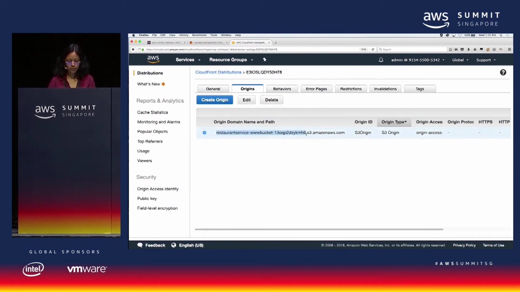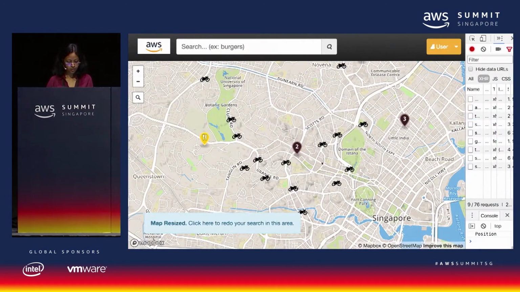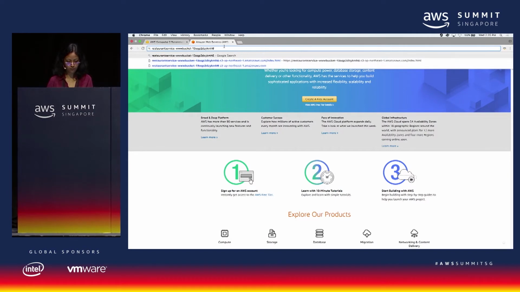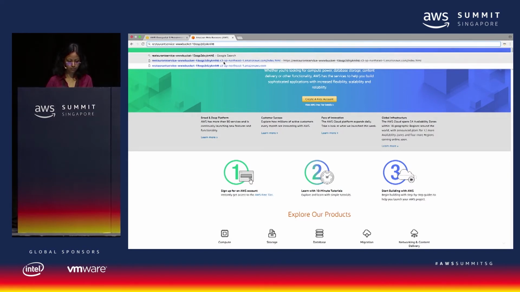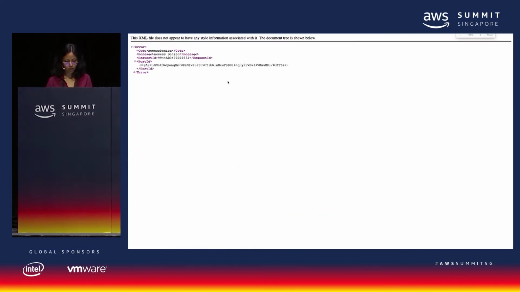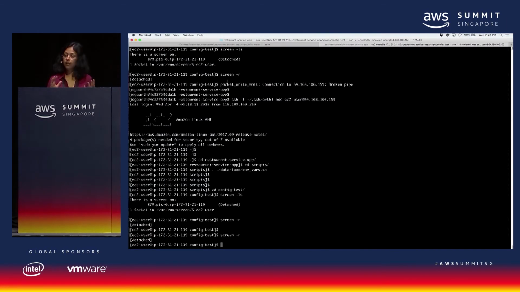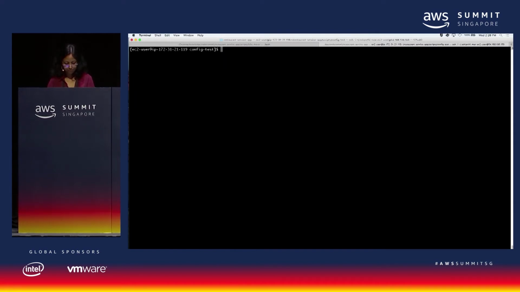So I'm just going to copy my bucket that's hosting the website. Going to switch to a new tab here. If you go here, sure enough, I get an access denied exception. This is good. So what I'm going to do now is go and revert the bucket policy and make my bucket publicly accessible. So the way I'm going to do that is,